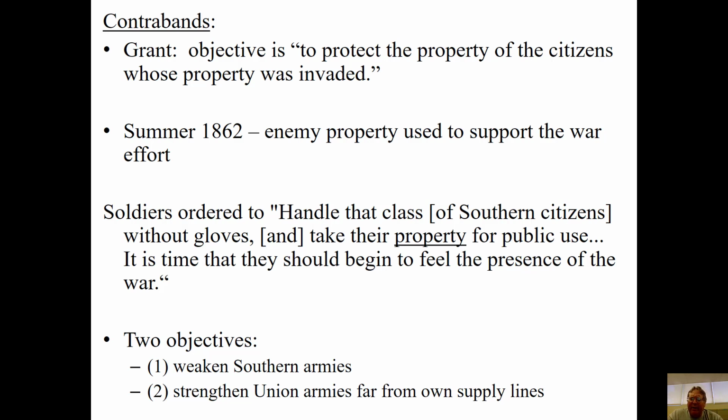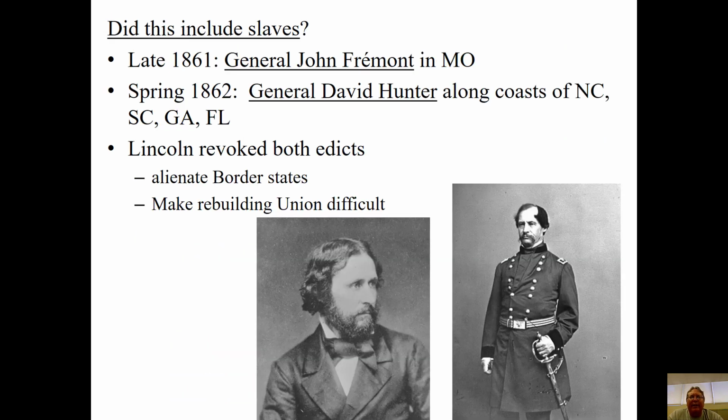And Lincoln's just coming to the point where this is something that has to be done, right? We need to do this. And honestly, it's been that way almost from the beginning. One of the early commanders, a guy that ran for president in 1856 for the Republicans, John Fremont, he's in Missouri. He's saying, hey, let's use slaves to help build forts, to help build roads, to help grow food, right? Let's free them, pay them, and utilize them for our side.